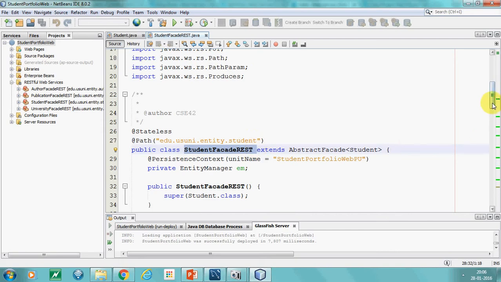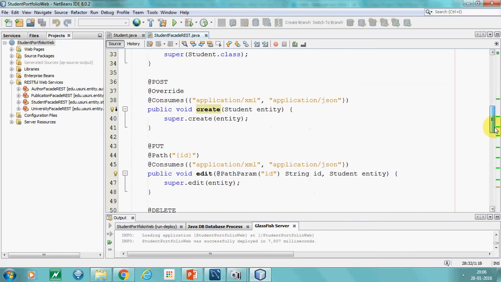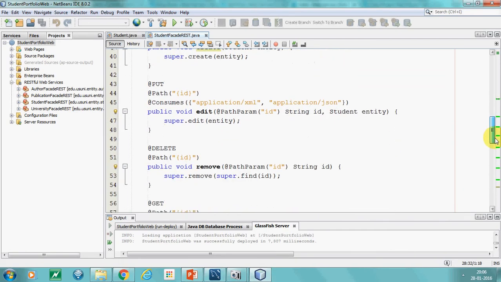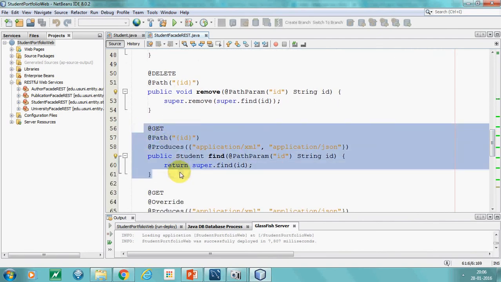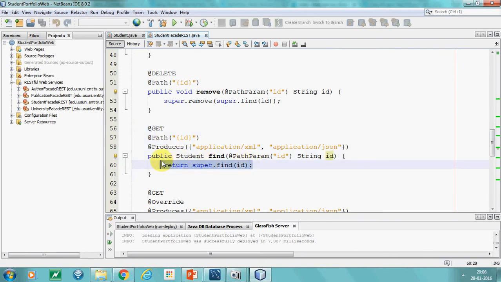So this class instance would be created. And then, as the client had given a GET request, the find method would be called. And the student resource would be found from the database, and would be returned back to the client as an HTTP response.